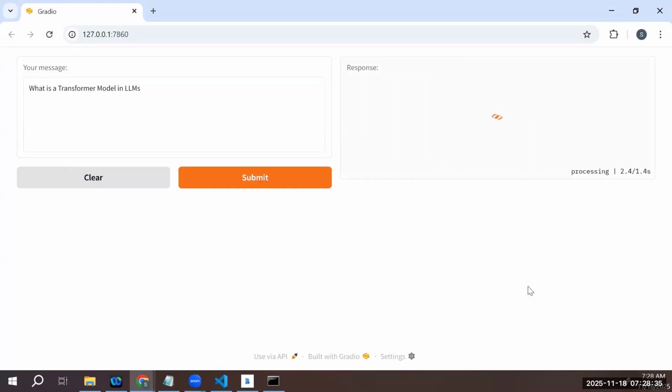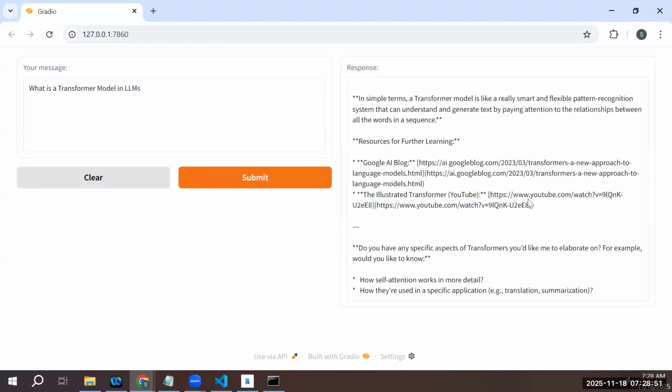Then on the right side, it is taking some time. As you see, it takes like 4 seconds, 5 seconds, 6 seconds, now 7 seconds, 8 seconds. So it is taking some time for me to get back with the answer. Of course, it will get back with the answer, but it is taking some time. After, say, like 10, 12, 15 seconds, I got this answer. In simple terms, a transformer is like a really smart, flexible pattern recognition system that can